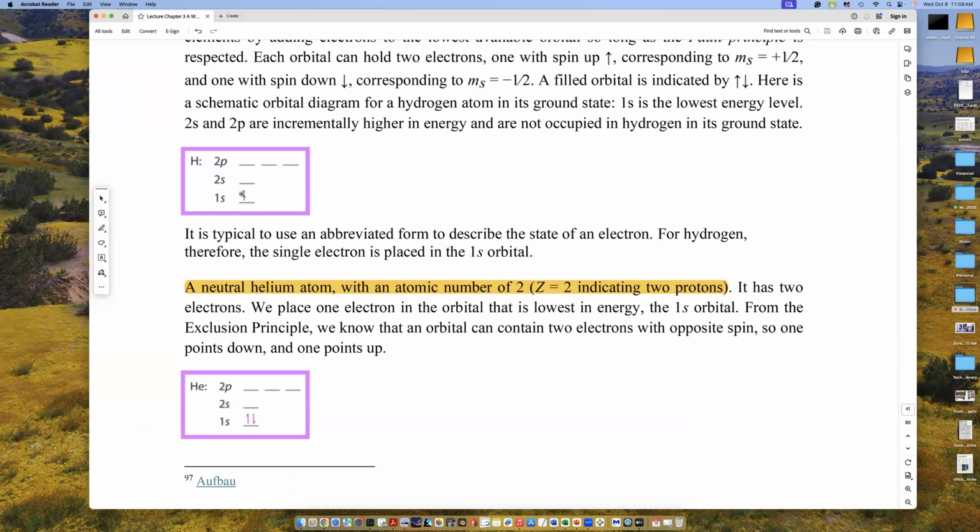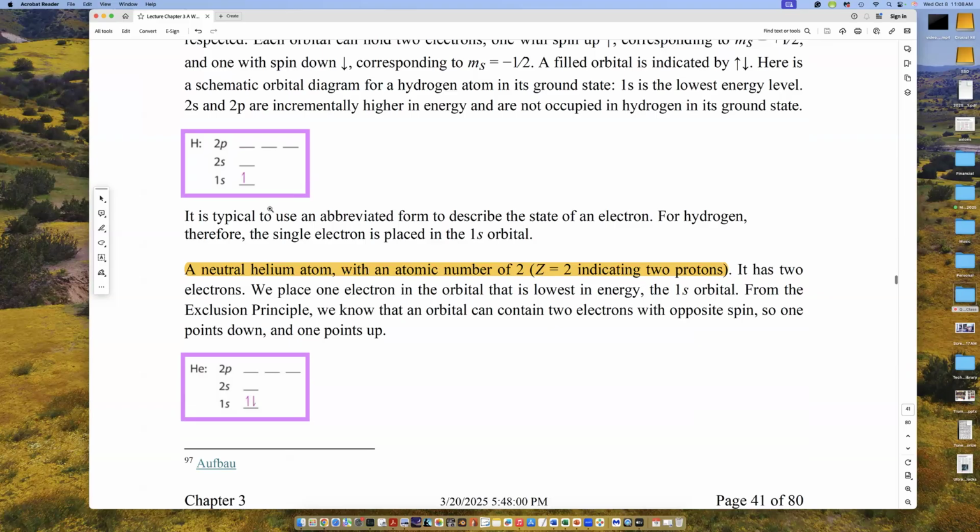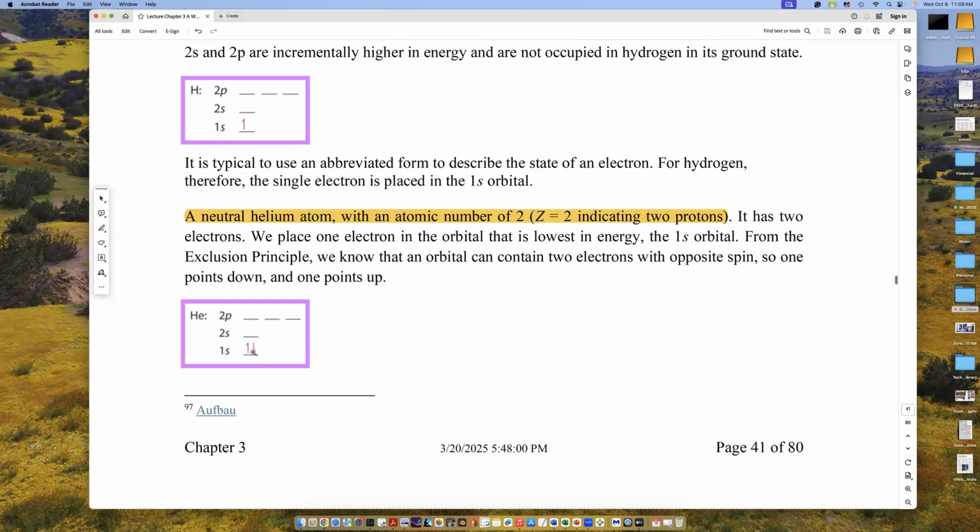Okay, so what happens if another electron shows up and we want to see if it can fit into this hydrogen atom? Now, the nucleus has to cooperate, but we can add another electron. But see, this one has a down spin. This represents the spin, and these have quantum numbers, and so everything's fine. Helium can have a lowest energy state with one spin up and one spin down.